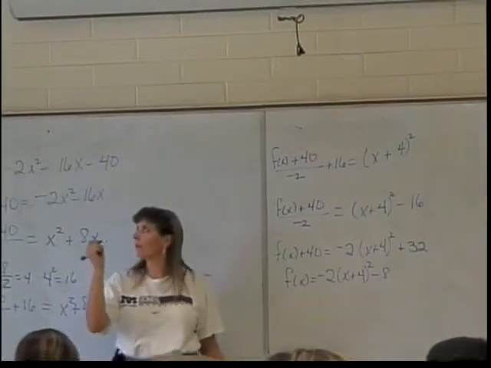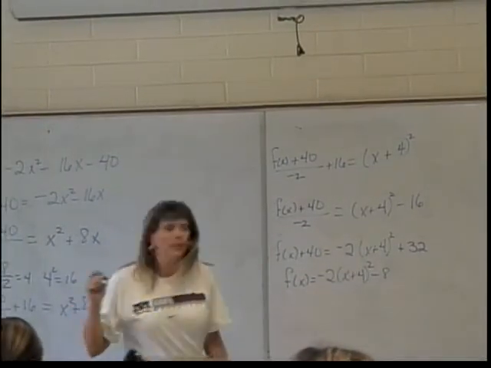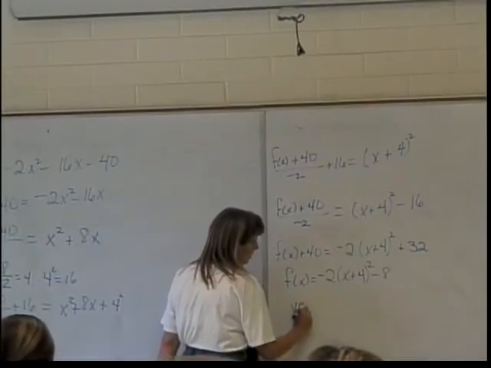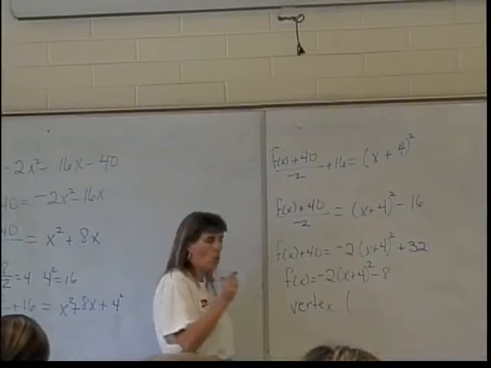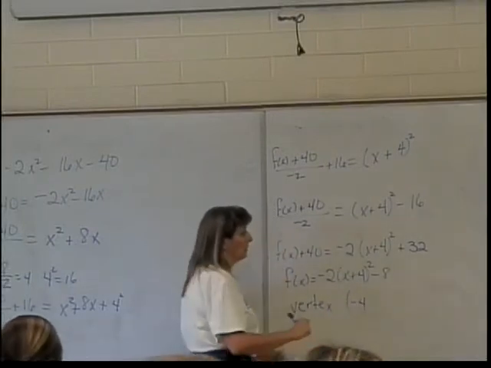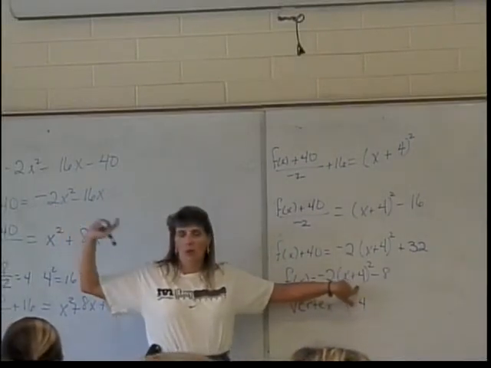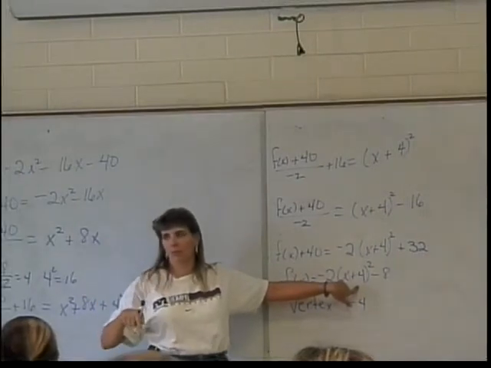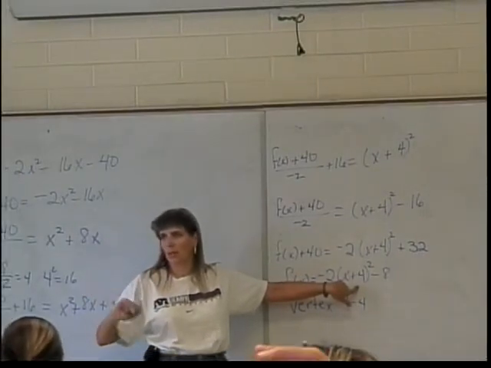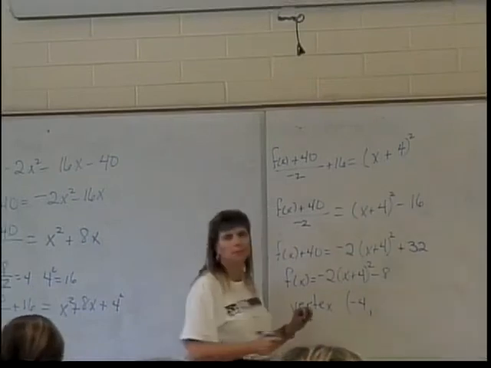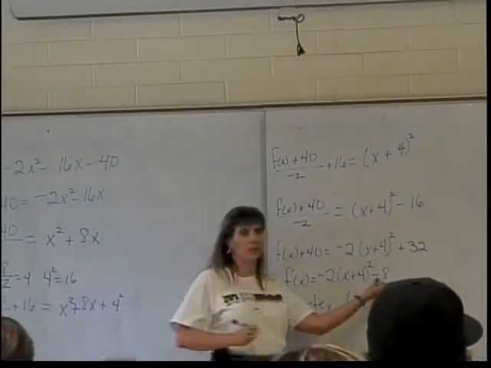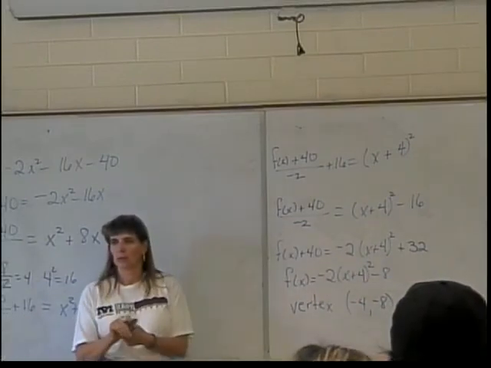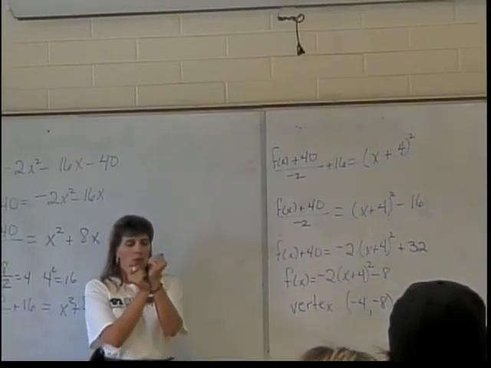And that's it. I know it didn't ask me for this, but what's the vertex? The negative 4, 8? Negative 4 is right, remember, because it's x minus h, so in order for 4 to be added, h had to be negative 4. And then what about the other side? That's negative 8. It comes out as exactly this piece right there. So now I know it's